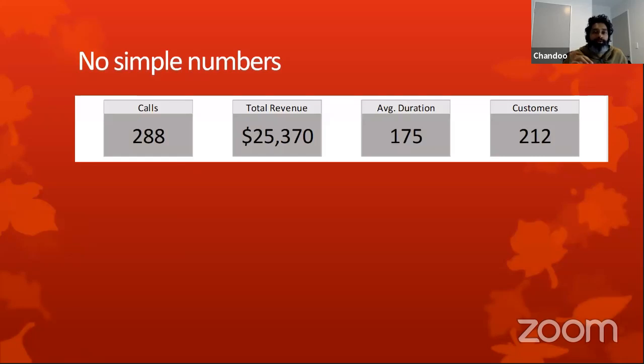Now, when you see a number like 288 or 1921, what do we feel? Like we have no idea whether this is actually a good number or a bad number, or whether this number is in line with the expectations or not. None of that context is provided. So whenever you are building any business reports, you should always be looking for a way to add an emotion to the number. Okay, just by shouting 323 in a dashboard in a big font, it doesn't make the number any better. So we need to always think from an end user perspective and see what kind of detail can add an emotion to that number, so that your audience can relate to it better.